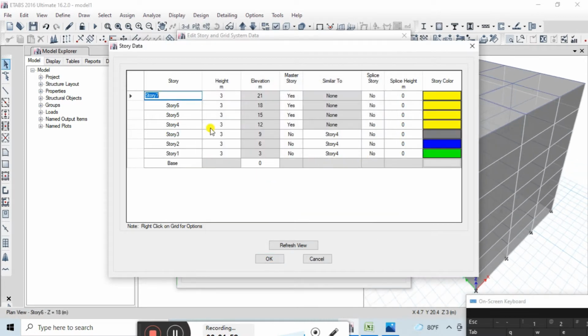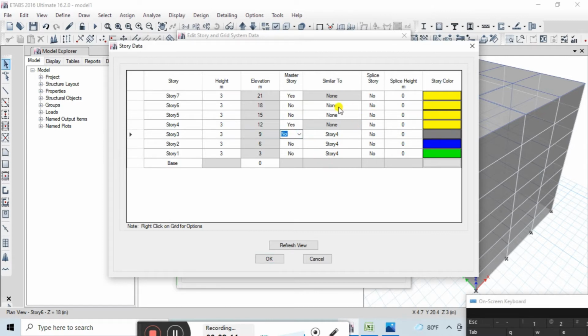After pressing OK, you can see on the screen it is added up to 7 stories. The height of each story is 3 meter and the total height of the building is 21 meter. This is the master story and story 6 is not the master story. I've explained all this in my previous videos. This is also a master story.